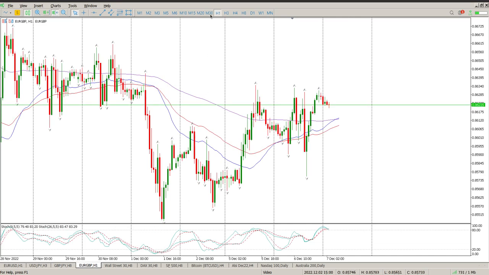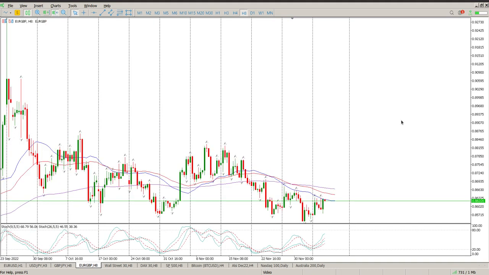Moving on to Euro, British pound, and the same thing here. Let's just start with the 8 hour rather. So we are in a bit of a downward trend, but this is just so messy right now. So it's big up, big down, big up. You can see by the moving averages, we are clearly in a downtrend. So you should be looking for